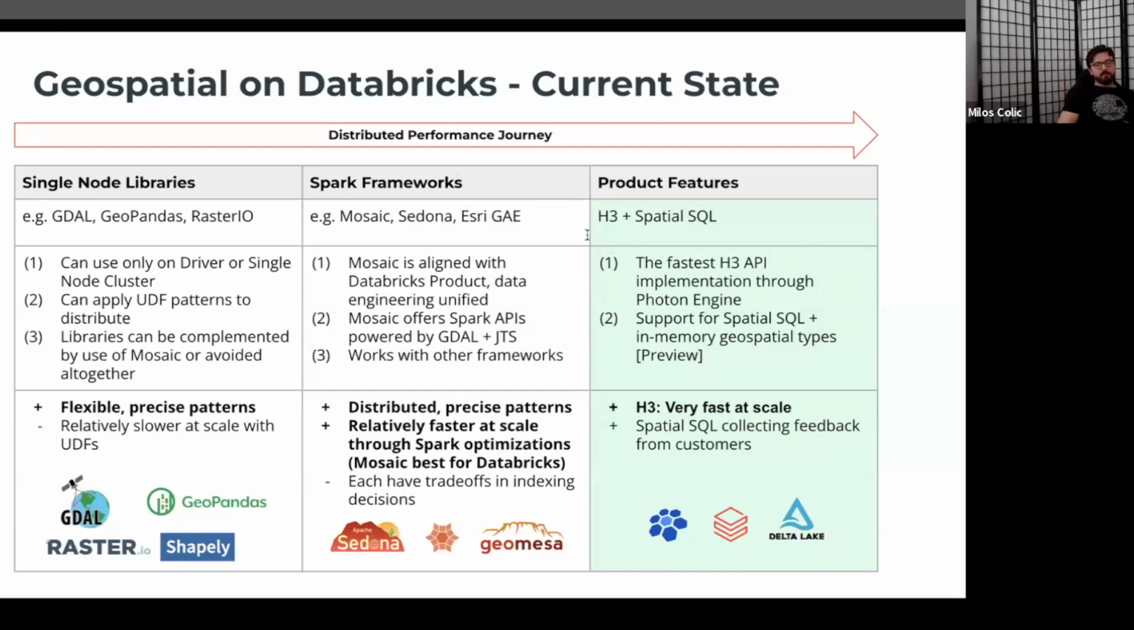What that has then inspired is product features. These are things that are natively available in Databricks, but are not necessarily available outside of Databricks on an open source Apache Spark distribution. So here what we had for quite a while now is native implementation of H3 functions. There are quite a few of those, a few dozens, and they allow you to index your data against the